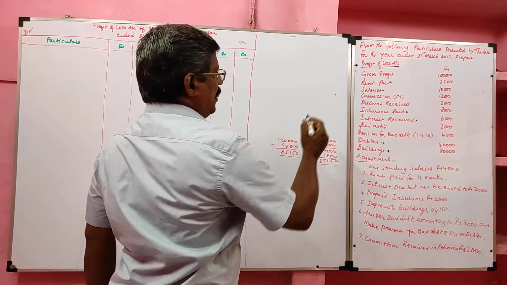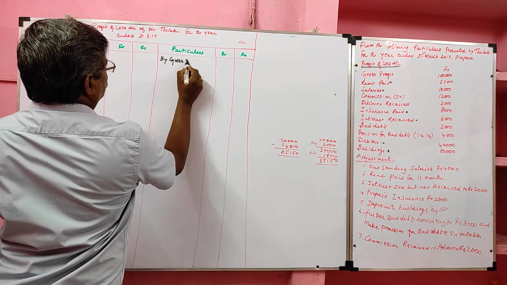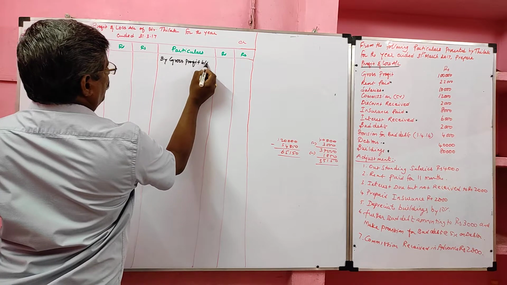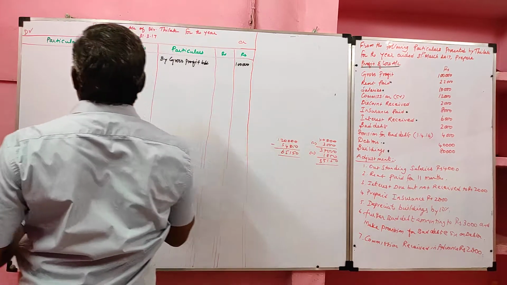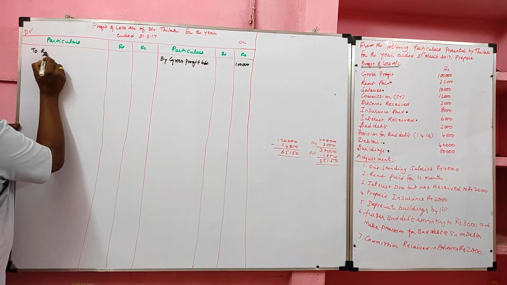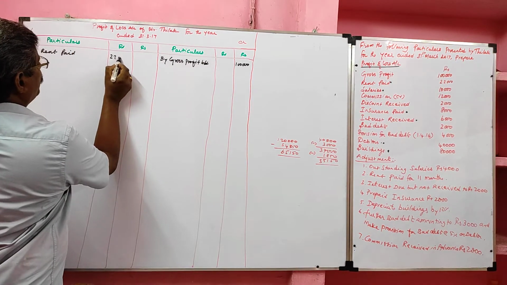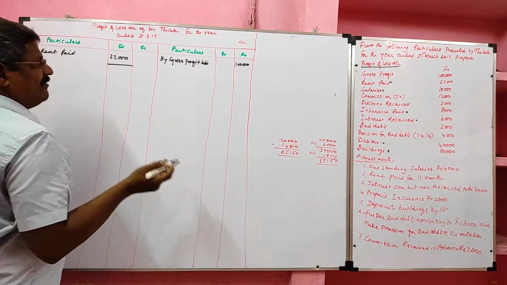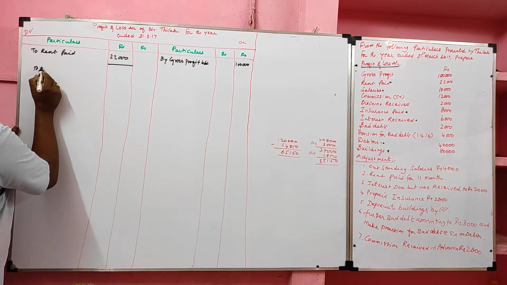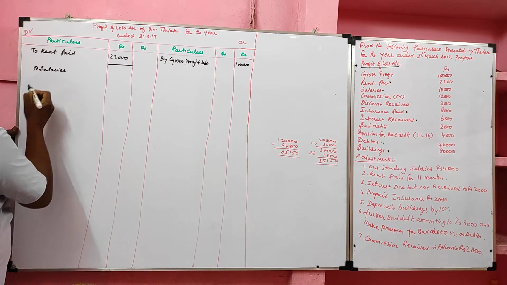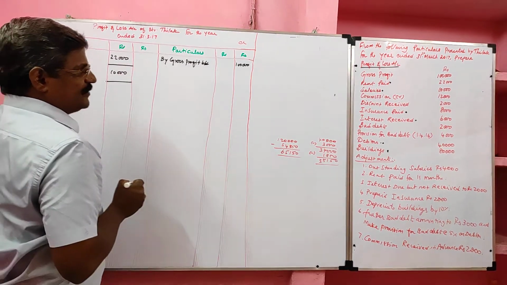Okay, now I am going to solve. Gross profit credited to profit and loss account: by gross profit BD, value 1 lakh rupees. Then rent paid, it has adjustment, value 22,000. So I am going to leave one line. If we have adjustment, we have to leave one line. Then to salary, value how much? 10,000. We should write in the inner column since it has adjustment.